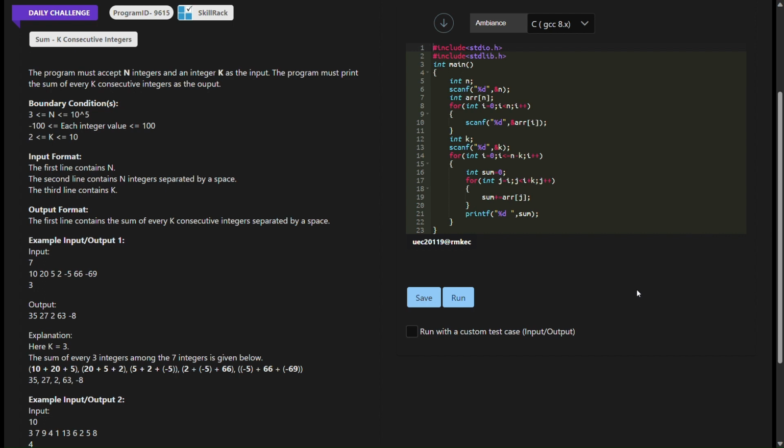Using scanf to read the value of n, representing the count of integers in the sequence. Then, we read the sequence of integers one by one and store them in the array arr. Using scanf again to read the value of k, which represents the number of consecutive integers for which we need